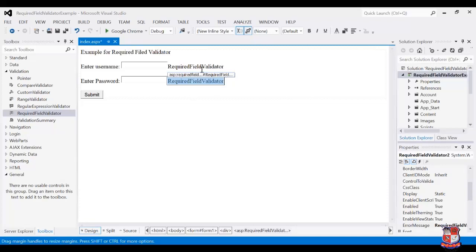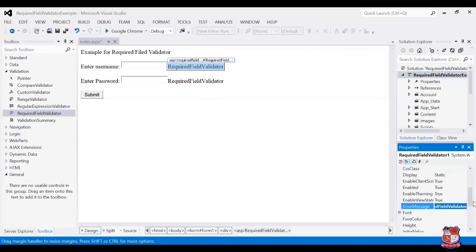Now on the username required field validator, I'm going to change firstly the error message, for example, "User name cannot be empty." Then a few more properties we have to change.